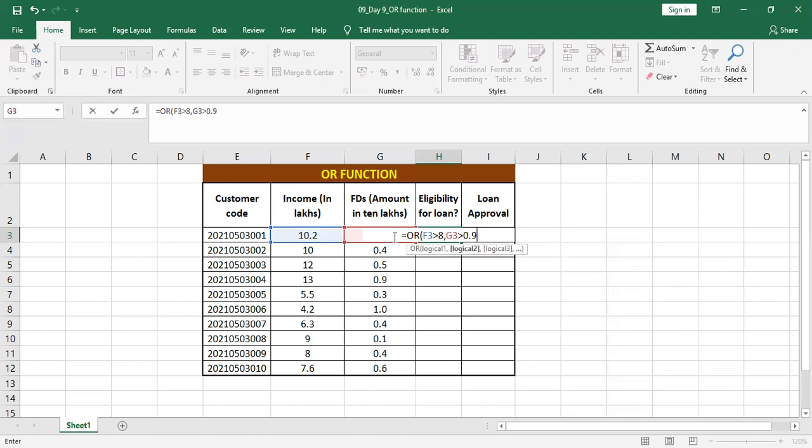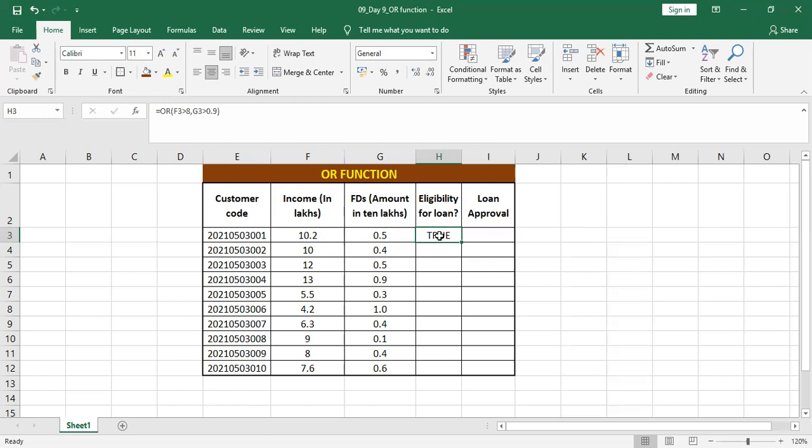So either his FD should be greater than 9 lakhs, or his income should be greater than 8 lakhs. If any of these conditions is true, then we get the result true. Simply enter. You can see that we are getting a true result for the first person.